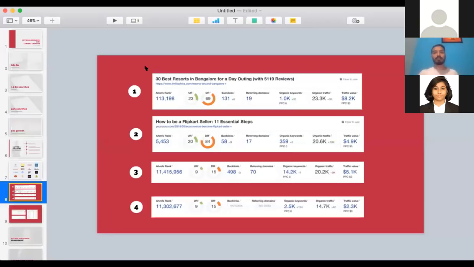So these are 4 screenshots that I would always like to show off. As you can see, the first screenshot that you see is the kind of content that I was creating back in Trilophilia, and it is still getting about 23,000 organic traffic. This is just an example. We had created many more different pieces of content like this there, and even today they're getting about 1.5 million sessions every single month. So the second one is when we actually used the same kind of tactics for